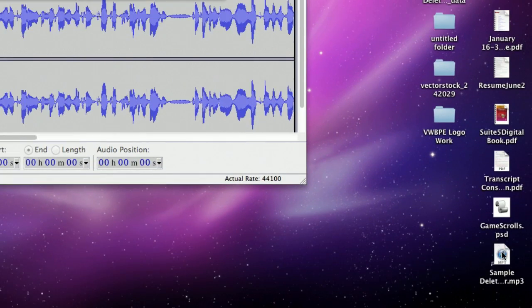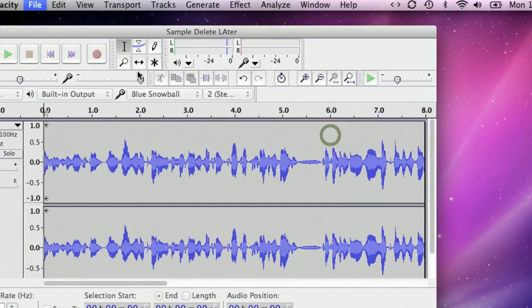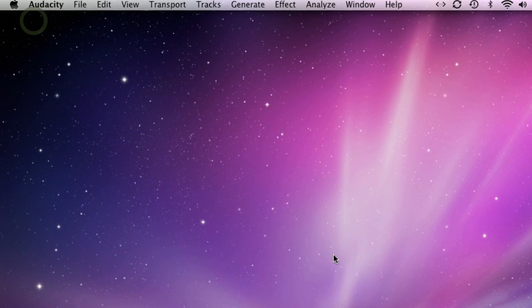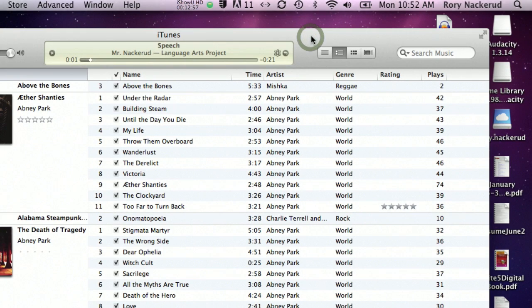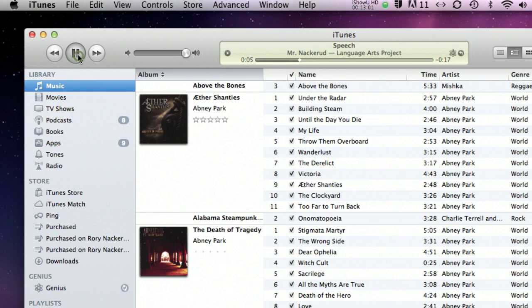Okay, here's my sample. I can double click this now. I'm going to hit cancel on this and make this all go away. And it's opening up with iTunes, which is my default player. MP3s should play in almost any player that you have on your computer or even on your iPod. And this is ready to be exported and uploaded to the